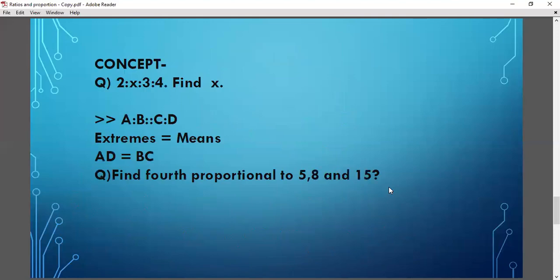So now the next concept is, this question you can treat as a proportion question, or directly you can take it as a ratio one. So now 4 values are there and they are in ratio. 2 is to x is to 3 is to 4 is given, and you need to find the value of x. x is unknown here. So you can directly solve it as 2 over x equals 3 over 4. So upon cross multiplication, you will get the value of x equals 8 by 3.